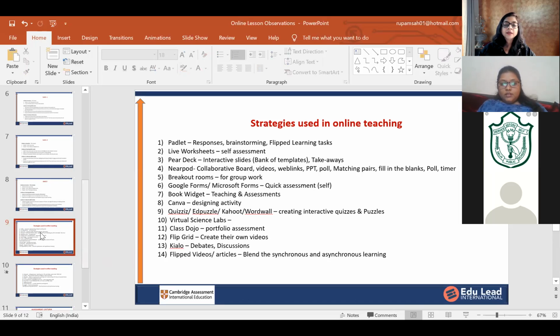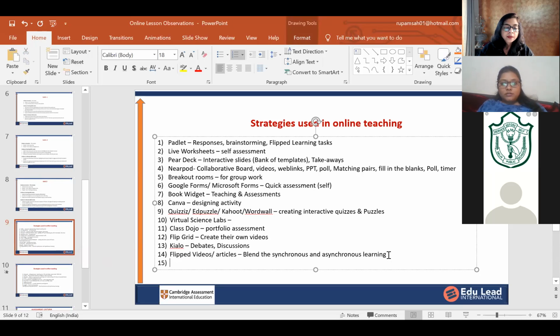So here, one more thing we can add, yes, the online whiteboards. Whiteboard, and otherwise also Liveboard is there. That is also good. Okay, so I'll put that as a slash. That is Liveboard. This is again something wherein children can immediately put their responses and you will be able to see the students' responses.